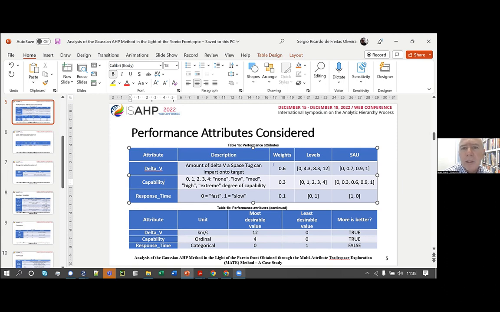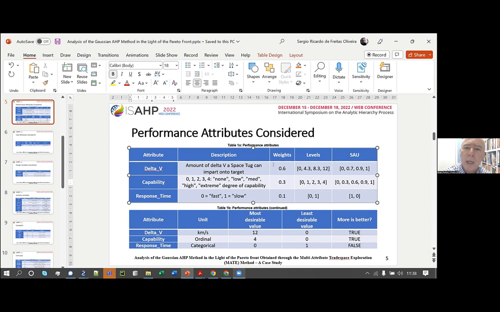It's well described in a paper by Professor Adam Ross, and the details of the results of our work are not, I think, very important. The great importance is the comparison of the result of the meta method with the ranking generated by the Gaussian